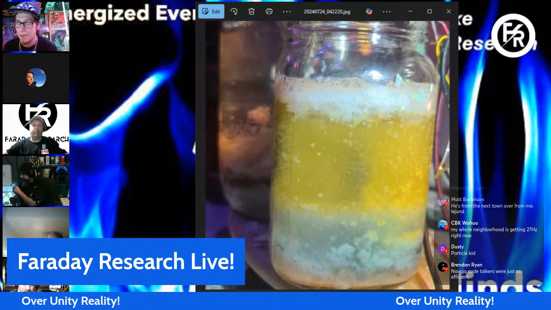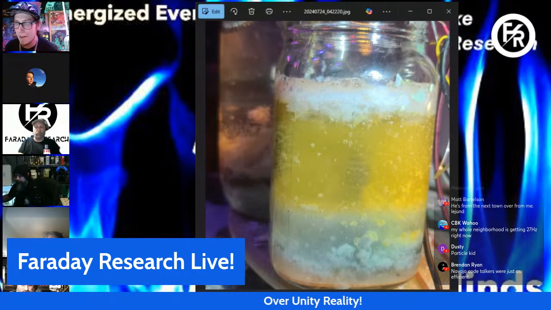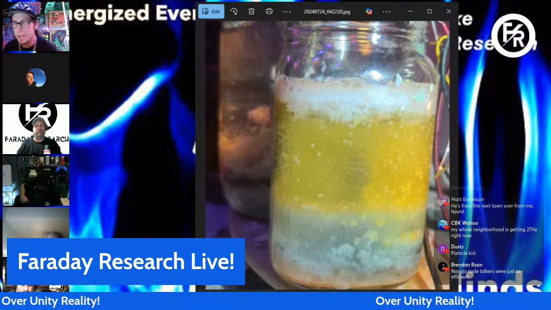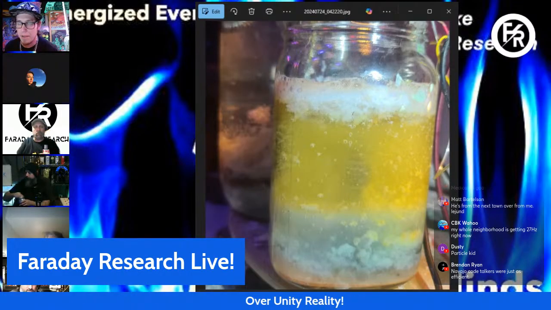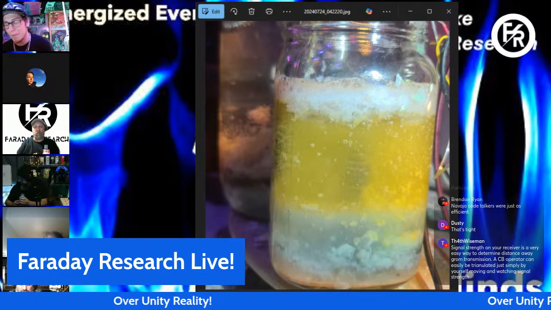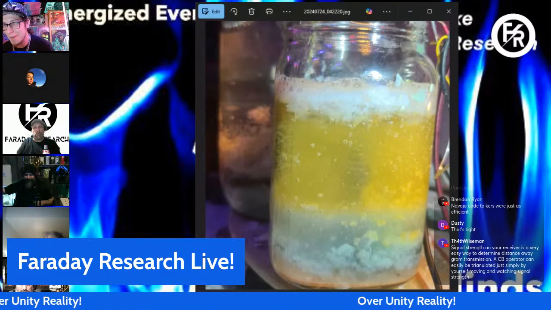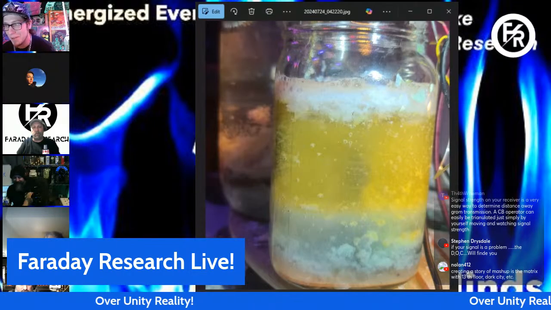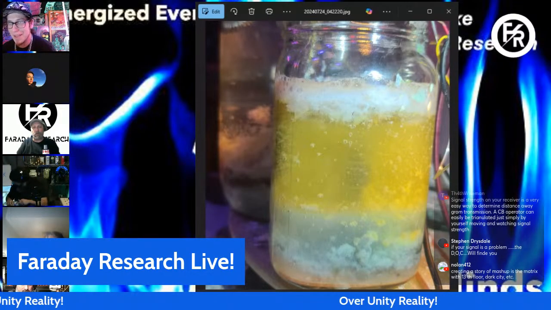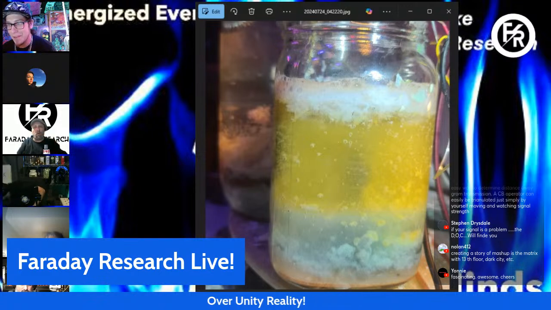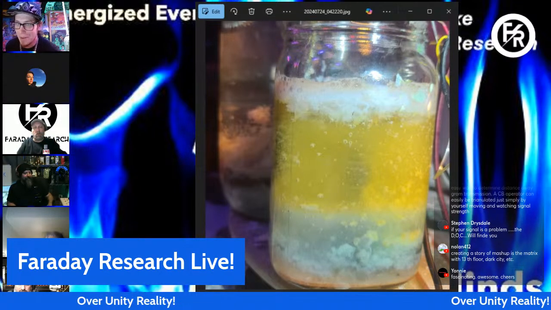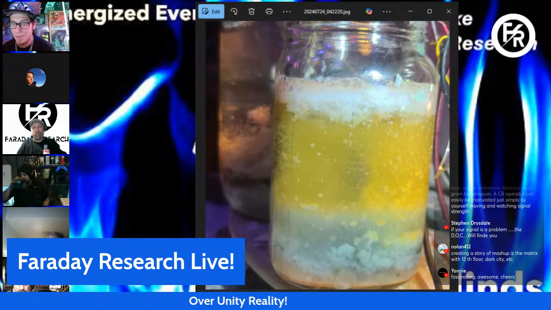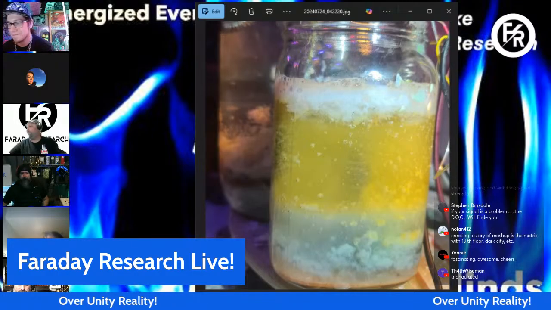So what we're seeing here in this jar is, at the top, CuH3, I believe, a copper trihydride. I always get those wrong, but it's a hydrogen compound, which is acidic. On the bottom part you have copper oxide, which is the blue, and it is the alkaline aspect. Between the two, if you have insulated wires, one exposed at the top and one exposed at the bottom, you will get voltage out of it as a structured water battery.